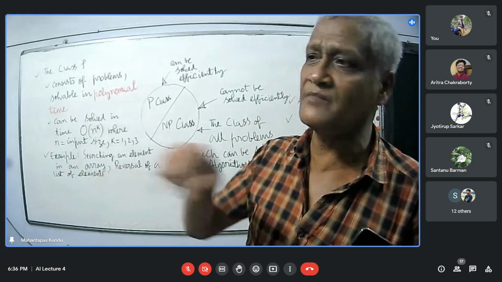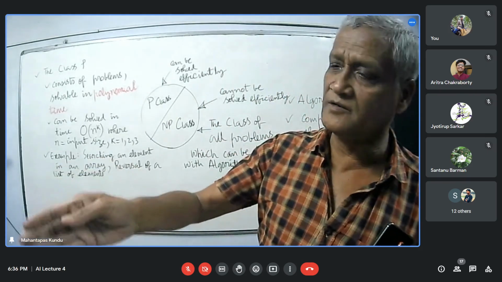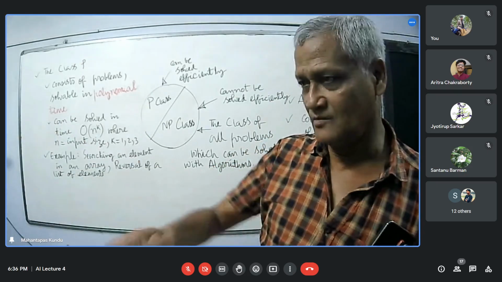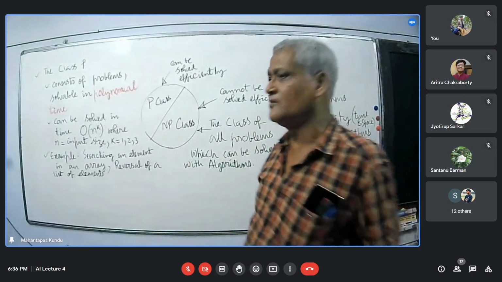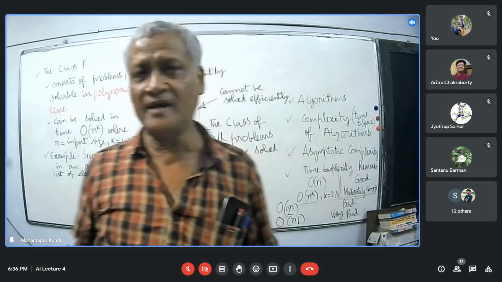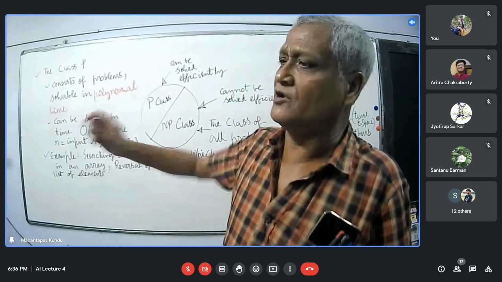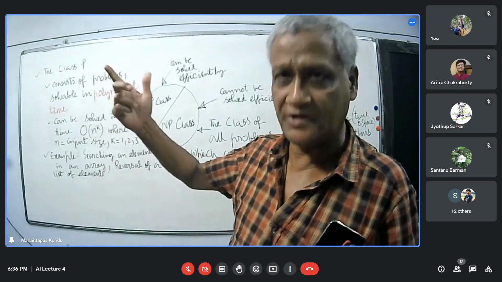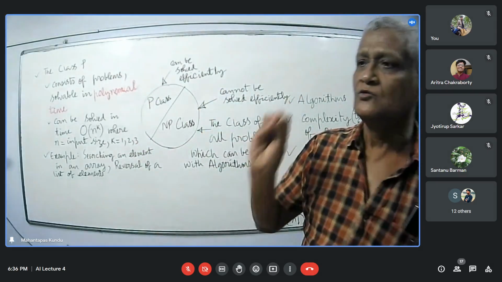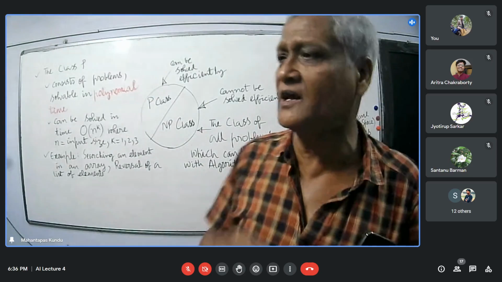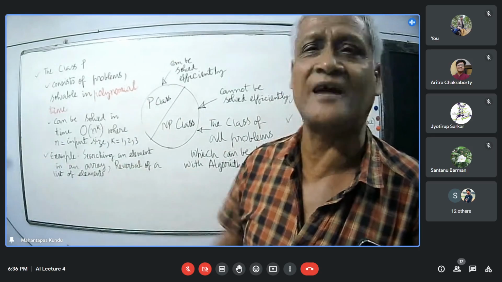For example, I have mentioned the Tower of Hanoi problem. You can test it by increasing the value of n and running the program on your computer. You will find that after certain value of n, you will not get any output from the computer. It will go on computing and computing and computing. So such class of problems, though they are theoretically solvable, cannot be solved within practical time limit.